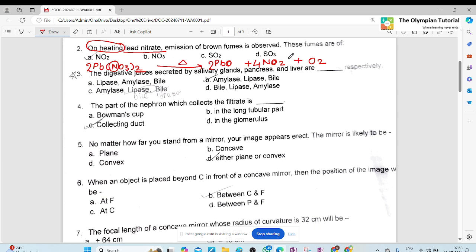Thanya, Aikta, are you getting? Yes, ma'am. And emission of brown fumes is observed. These fumes are due to nitrogen oxide. Okay. And one more thing here, friends, as I am writing the equation here,